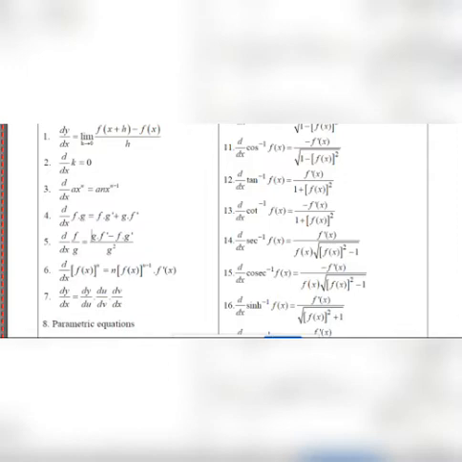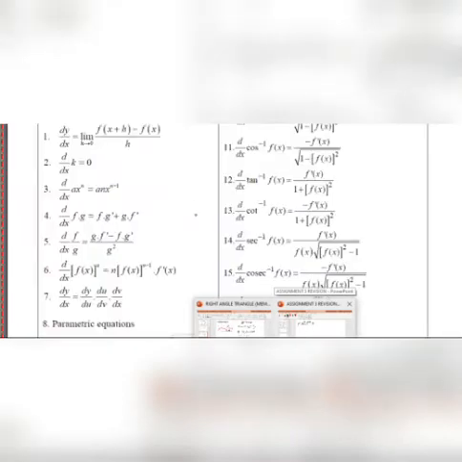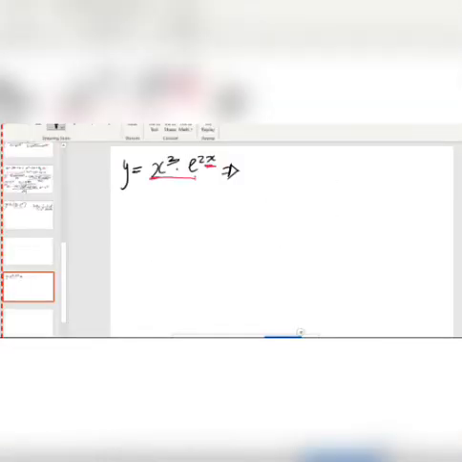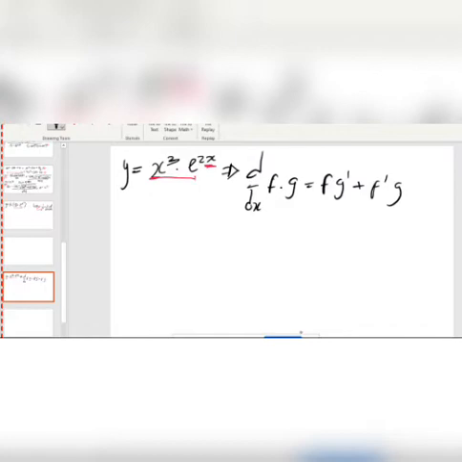So I'm just doing a recap. I did this on the previous session. I'm just doing a recap for those who were not here. So basically, you're gonna say d over dx of f multiplied by g is equal to, it doesn't matter which one comes first because it's a product, f prime multiplied by g plus